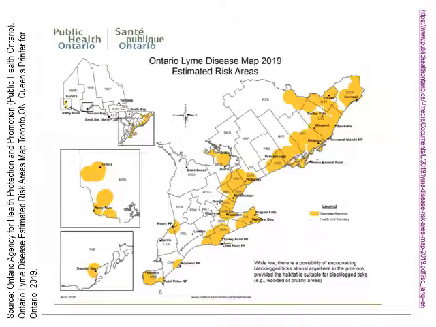This is the same map a year later in 2019. You can see that the risk areas have expanded considerably, and now cover the Golden Horseshoe area, as well as the northern shores of Lake Simcoe, stretching from Barrie to Orillia, and extending further west of Ottawa into the eastern part of Renfrew County.